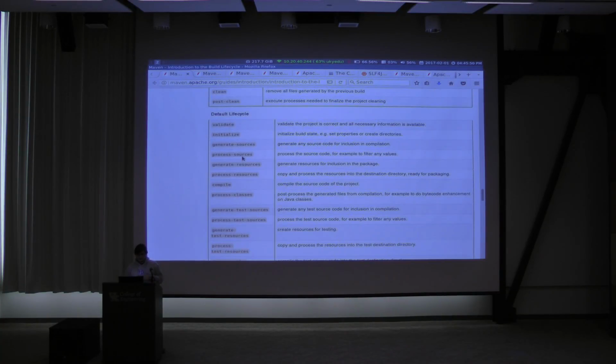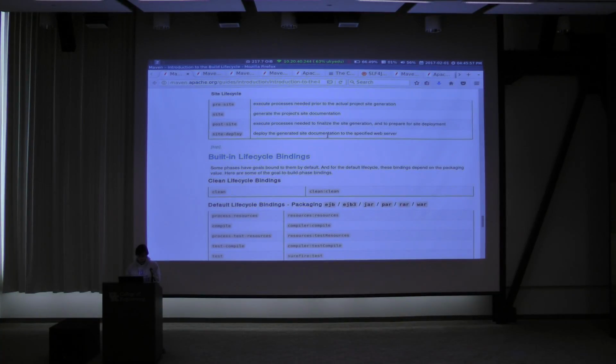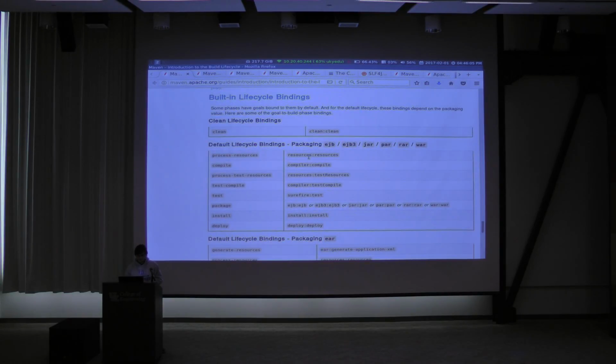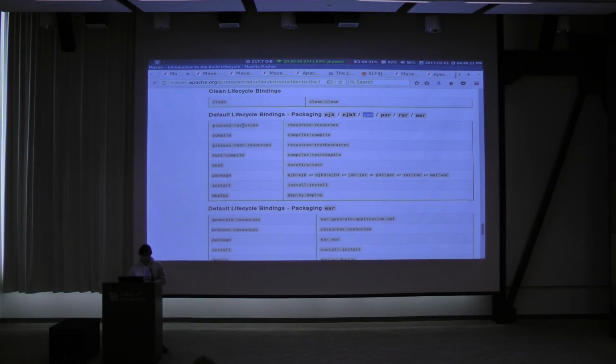Okay. So how do you actually know what's going to happen when you type one of these commands? Within the POM file, you can specify a packaging type. By default, it's jar, which is typically the one you want. But down here, this is going to tell you, given the packaging type you've chosen, but again, this is all pluggable, so you can have third-party packaging types, etc. But these are the defaults. So for the jar packaging type, which is the default, this is what it's going to do. It's actually going to, within the process resources phase, bind this goal.